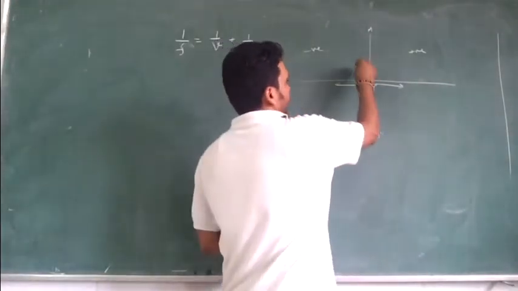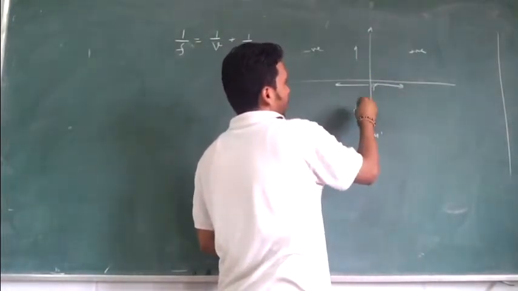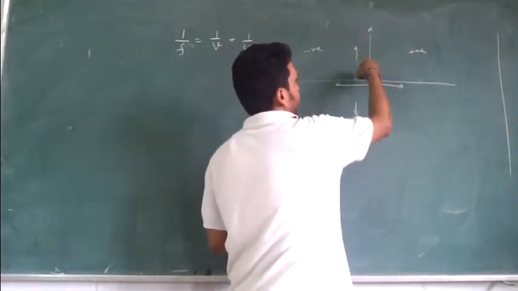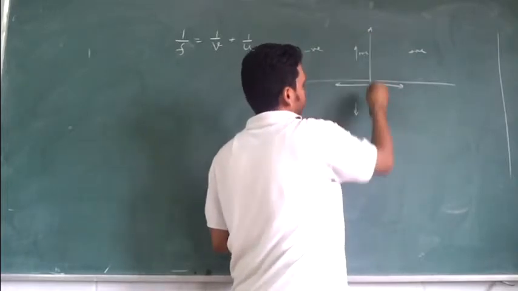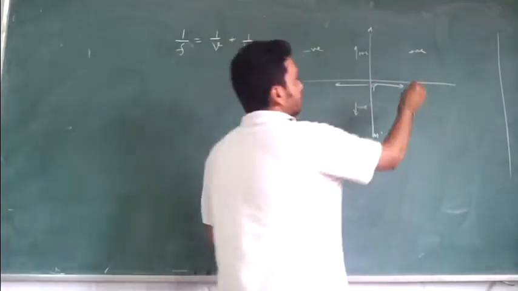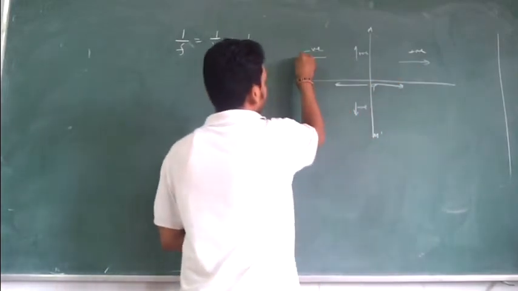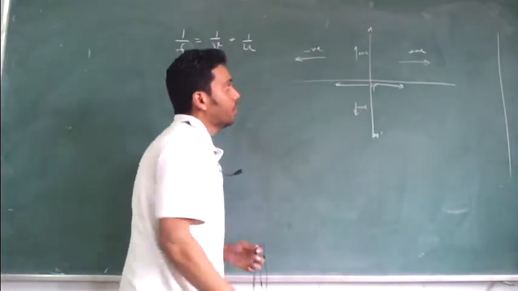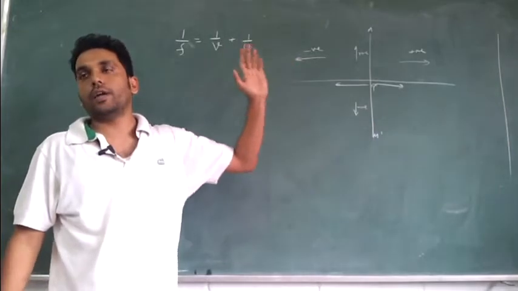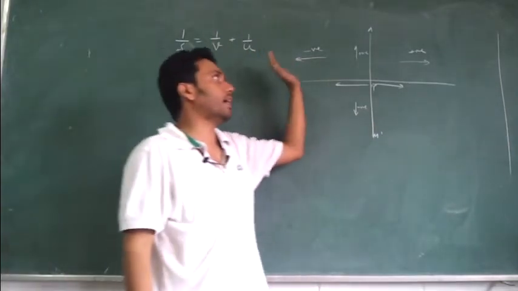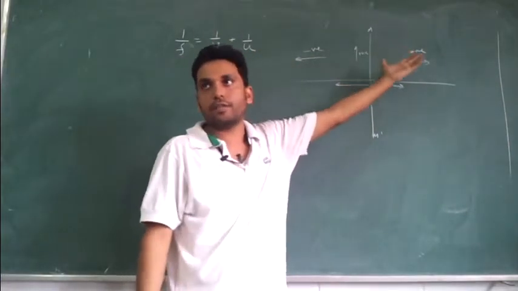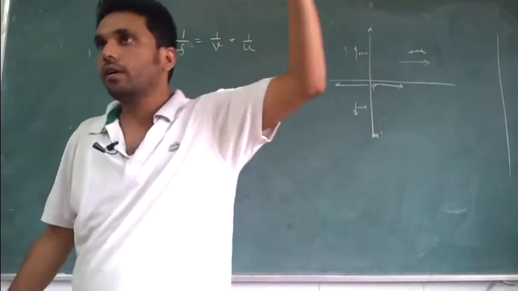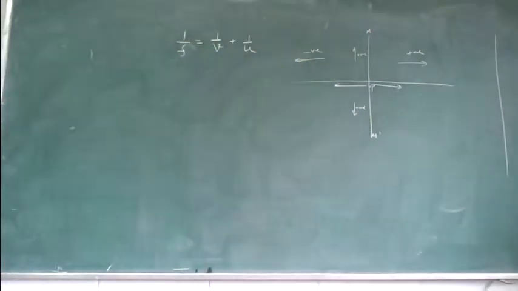Now for heights, I'm not going to do it today. Otherwise, for the convention, you may take top as positive and bottom as negative. Whether the image is this side or that side, if it is above the principal axis, then the height is positive. If it is below the principal axis, the height is negative. The real images will have negative height. The virtual erect images will have positive height.